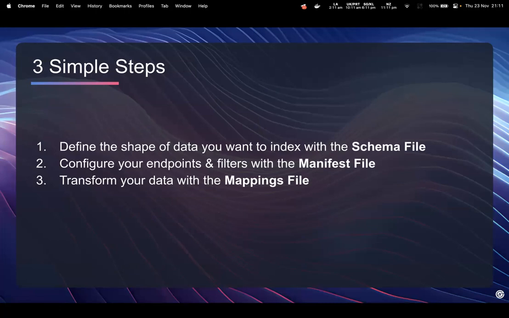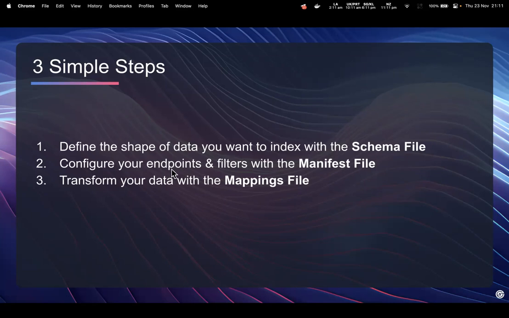Now, as mentioned, it is simple. There are only 3 steps involved, effectively modifying 3 files. Number 1 is we want to define what we call the shape of the data we want to index. So what kind of data do we need? And we can specify this in what we call a schema file. Number 2, we then go ahead and look at the manifest file, and we configure the endpoints and the filters.